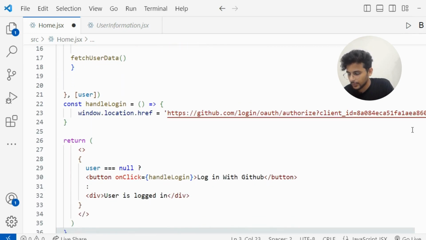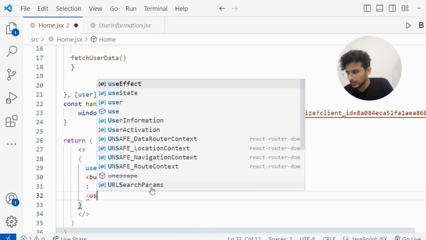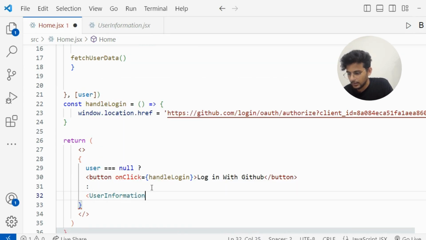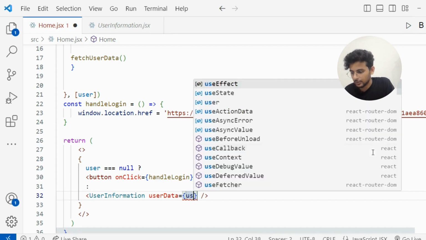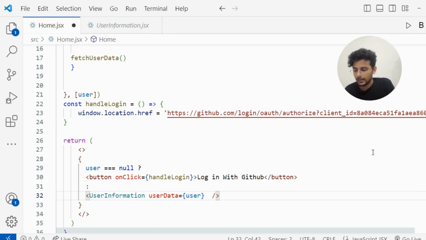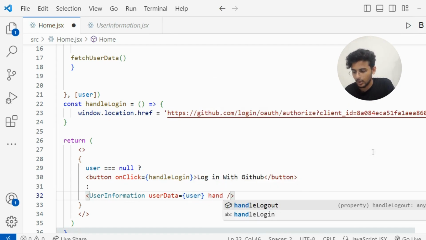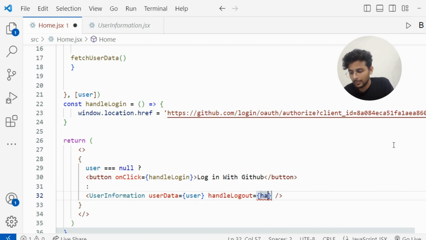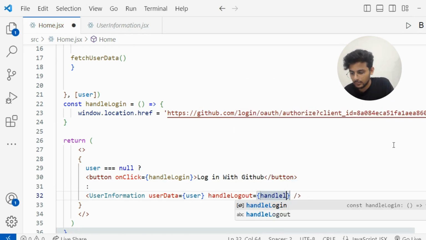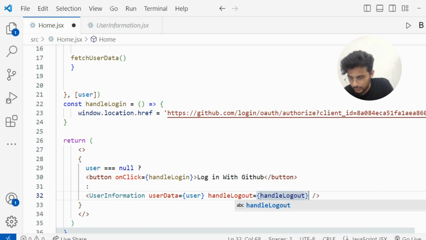Now instead of displaying user logged in, we can display this user information component. So we are passing two props in this component. One is the user data. We can pass the user here, and another is handleLogout. So we will pass this handleLogout function.